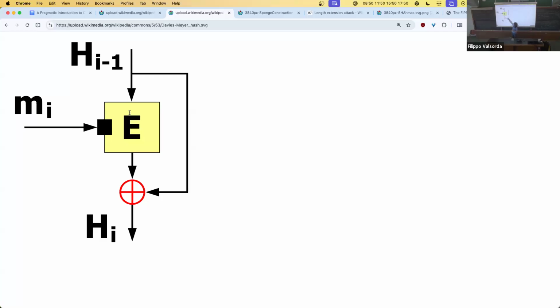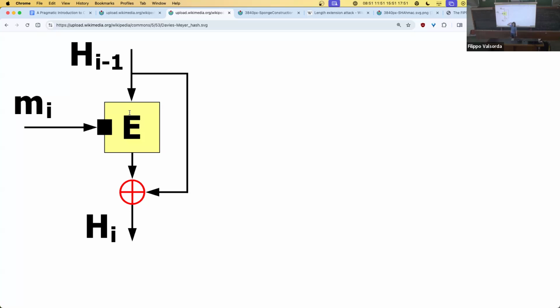So you take the cipher, you make the input the previous state of the hash. You make the output the next state of the hash. You make the message the key, which is kind of weird, but it makes sense because remember, of the two inputs, one has to be the same size as the output. The other one can be of a different size. Same with ciphers. With ciphers, the plaintext and the ciphertext are the same size. So they have to be the two states, while the message has to come in the other side of the little function.